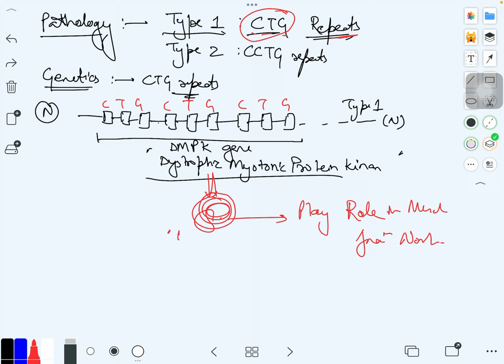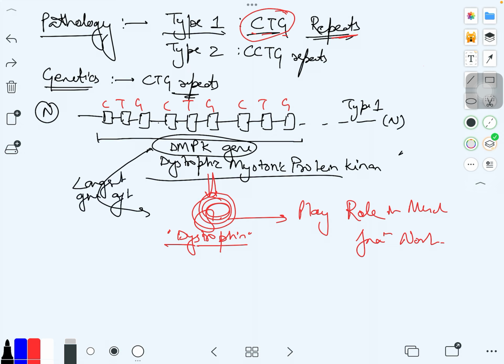Okay, I guess it is dystrophin protein. One important fact is that this DMPK gene is the largest gene of the body that will code for dystrophin. If this is the largest gene and it will code for dystrophin,